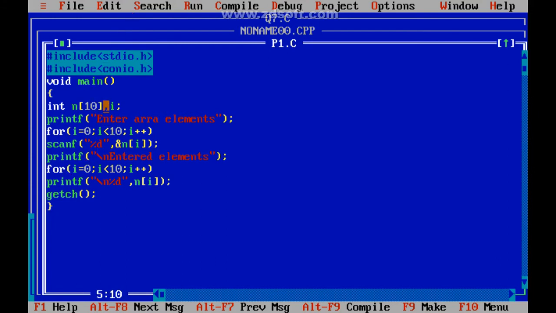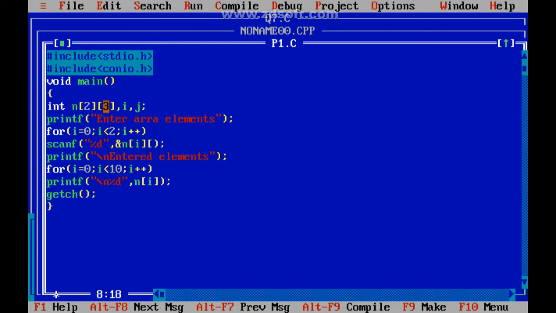Okay, so let's have another example. I will make it a 2 by 3 matrix. So I want 2 loop variables, right? So enter array elements. For i equals 0, i is calculated for n, so i is up to 2.